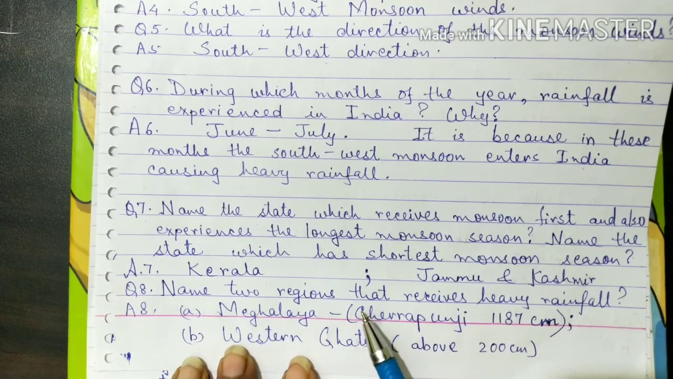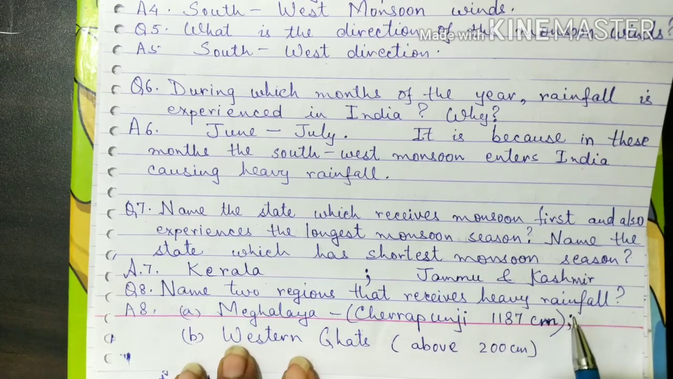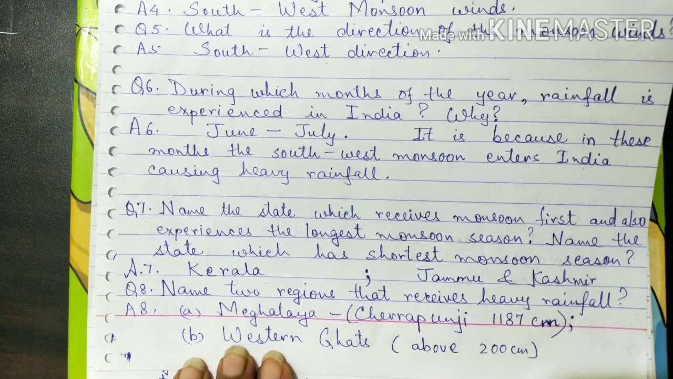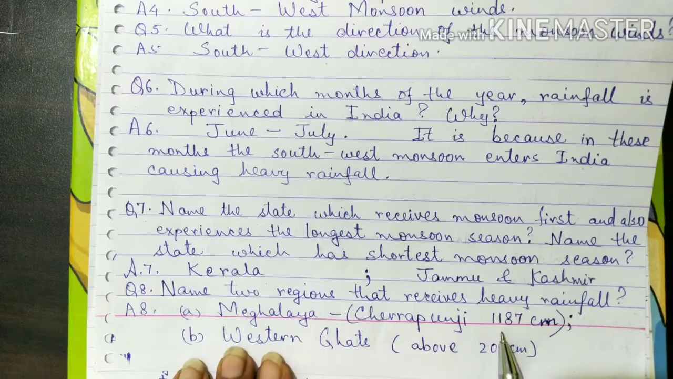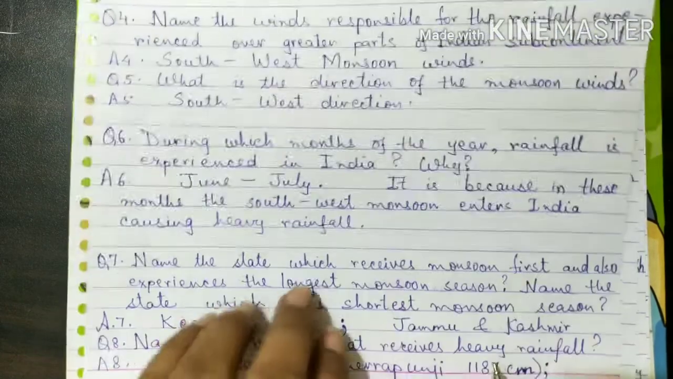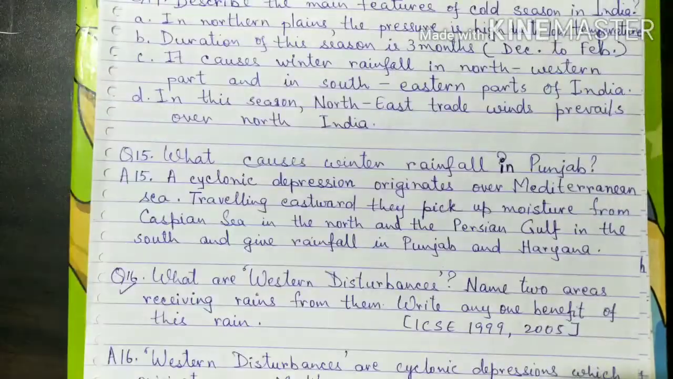Then name two regions that receive heavy rainfall. Meghalaya, that is Cherrapunji, 1187 centimeter, and Western Ghats, which is having above 200 centimeter. Some more important questions are,